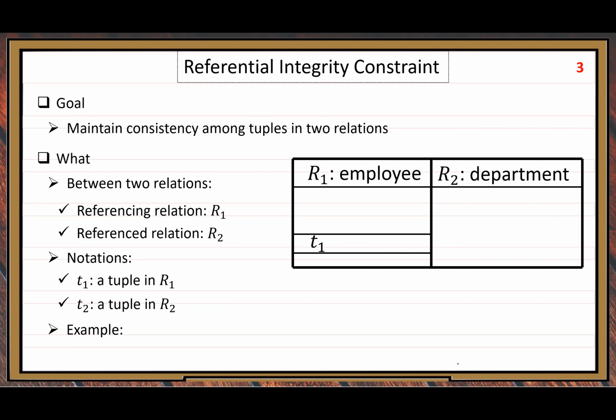So let's look at the specific relationship. Tuple 1, T1 in R1, like this. Tuple 2, T2, a department tuple. T1, an employee tuple. Then in the employee tuple, there is one field, so we select this field. That field has a name, DNO, D-N-O, department number, but we try to call a different name, DNO, because the same